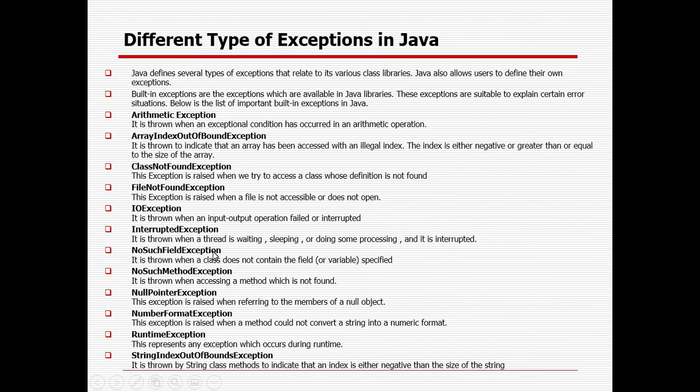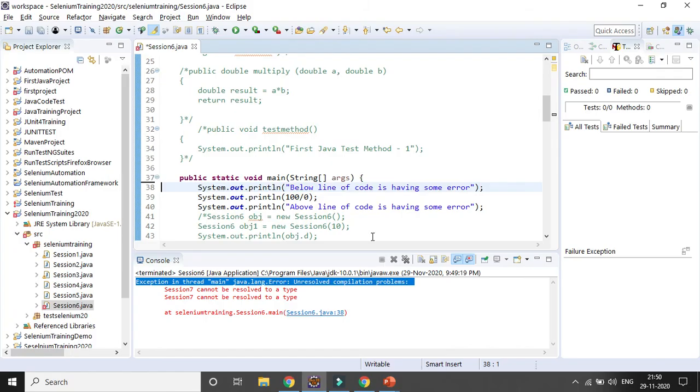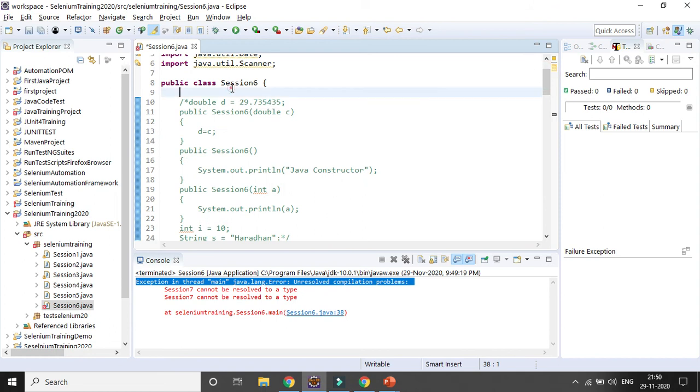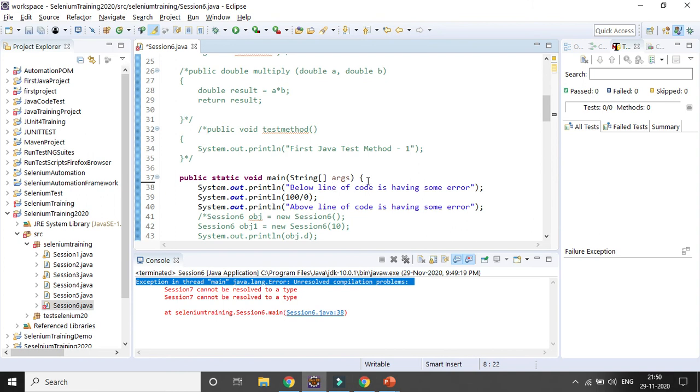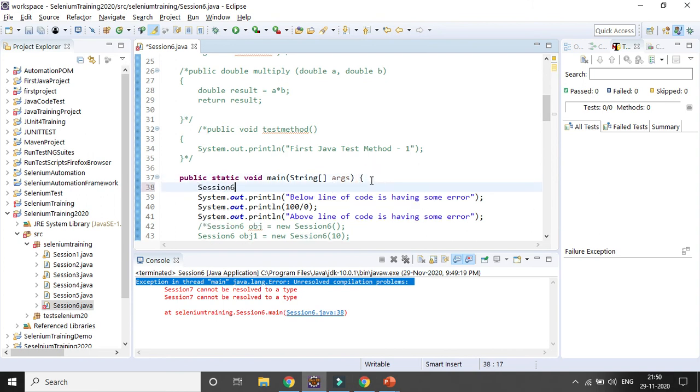No such field exception will be thrown when a class does not contain the field or variable. Suppose you want to access some variables. I will create an object or instance, and right now you can see there is no method or variable declared.